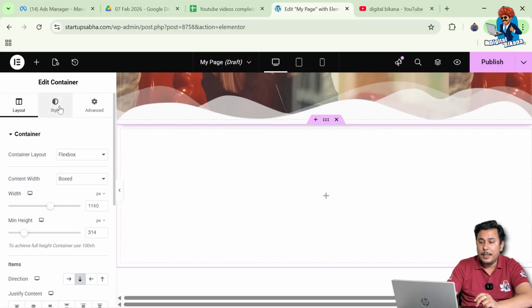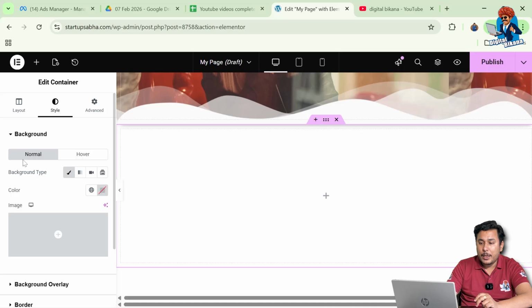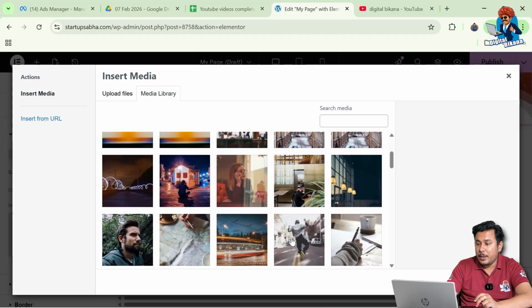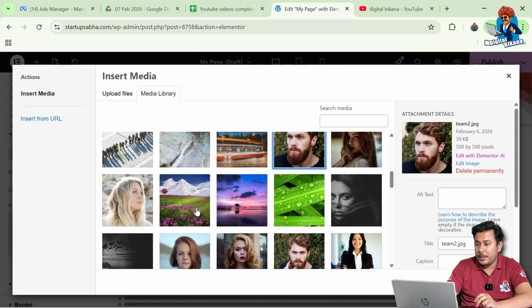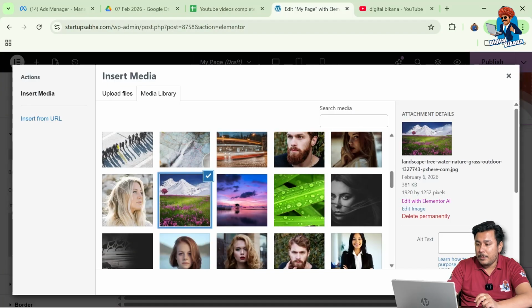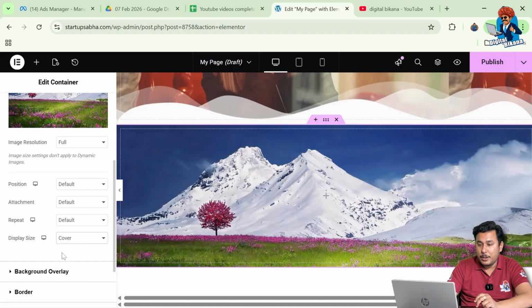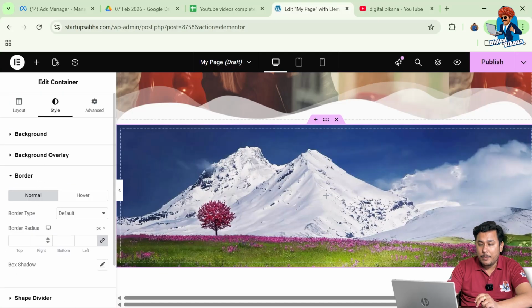Now going to the style settings, and here I'm going to add a background type. So in background we have selected normal, and in the background type we have selected classic, and in the choose image I'm going to select any image from media library. Okay, so I'm going to select this image. Okay, this image is fine. I'm going to select this. Okay, now the display size must be cover. I have changed the display size to cover, and now going to the border option in the style itself,